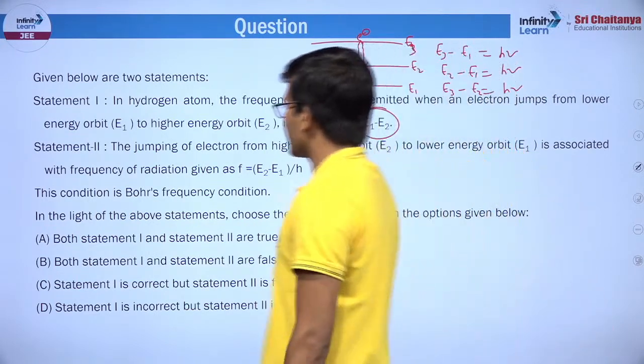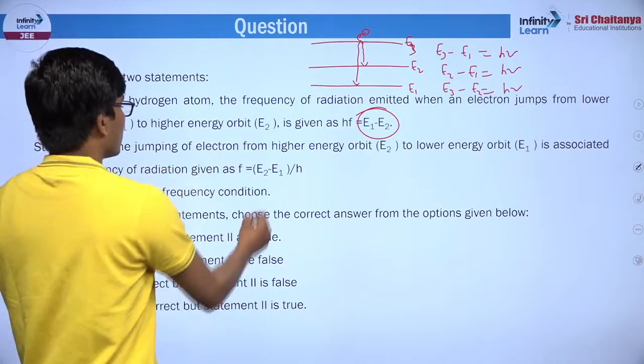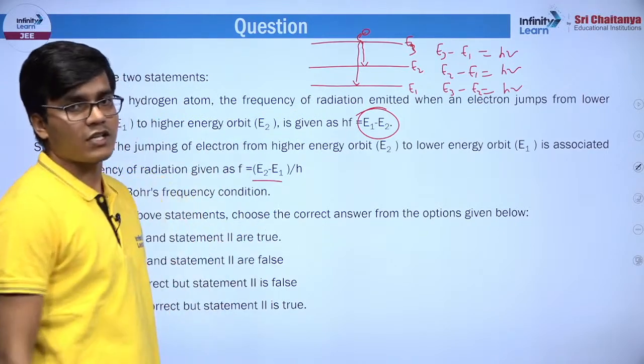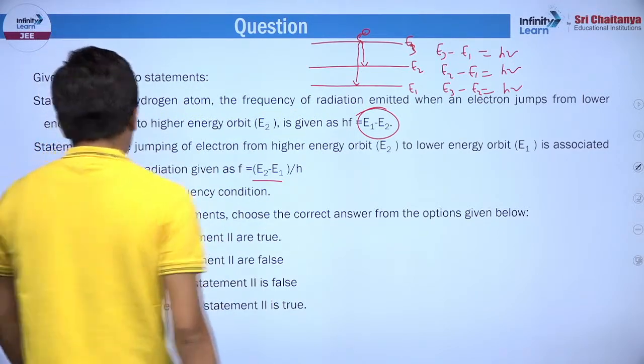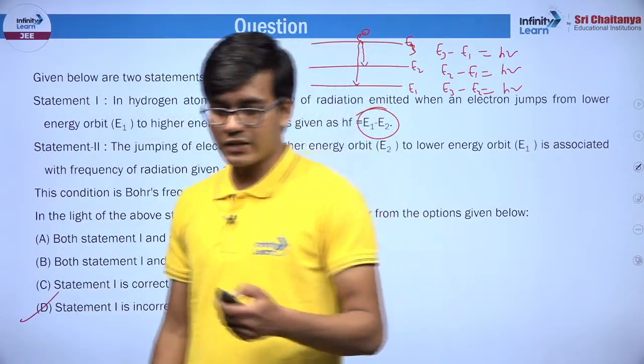तो पहला स्टेटमेंट गलत है, but दूसरे स्टेटमेंट में same चीज को उन्होंने correct कर दिया है कि E2 minus E1 by h करा करते हैं। तो first statement is wrong and second is true, means D option is the right answer।